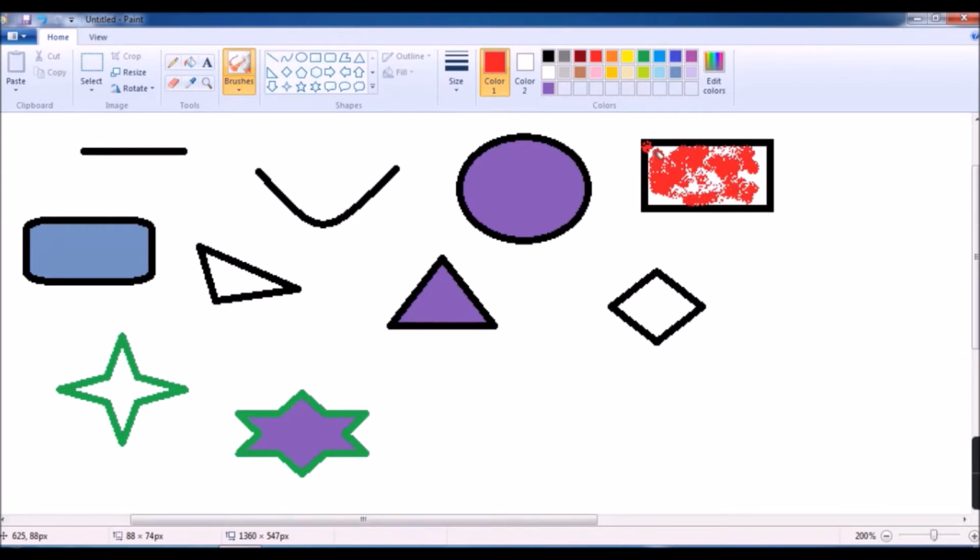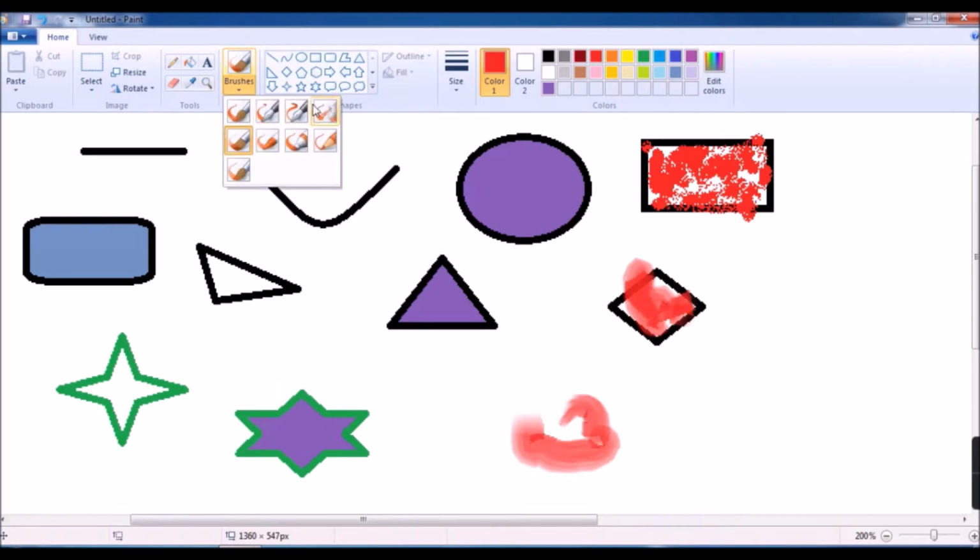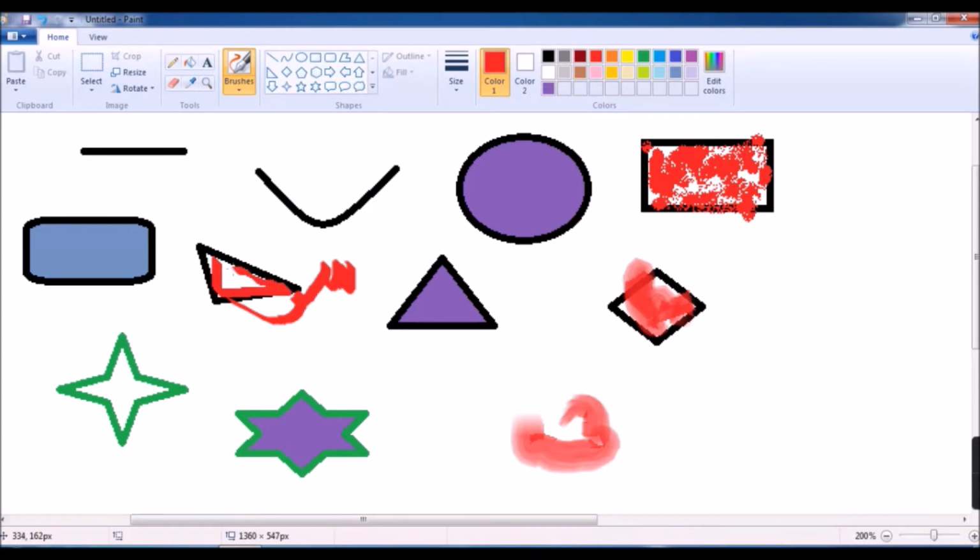See, this is not a solid color. If you want to select any other, you can. Like this you can fill the image.